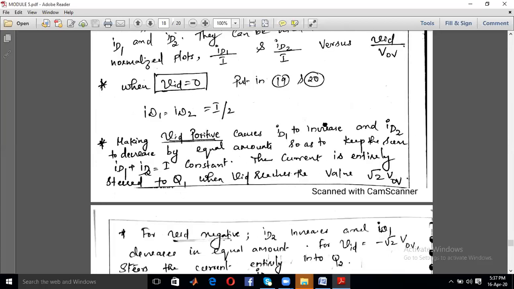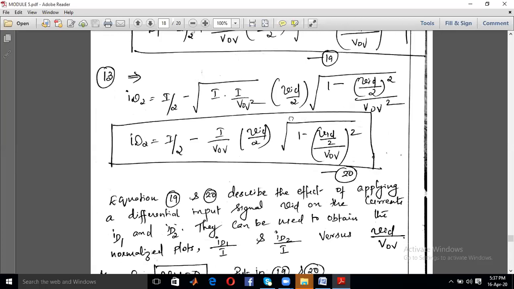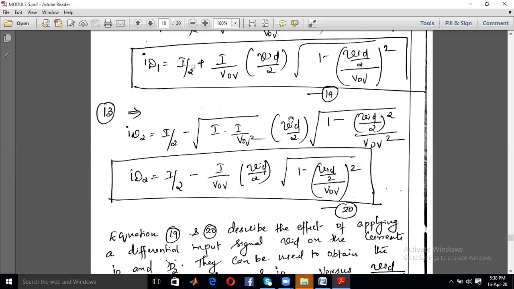Why is it non-linear? Linear means it should be the same line. It should be a straight line. Straight line means the equation should be y equal to mx plus c. Only an equation similar to y equal to mx plus c can be considered a linear graph. But is this equation a linear graph? It is not a linear graph because of the square root term and square term.